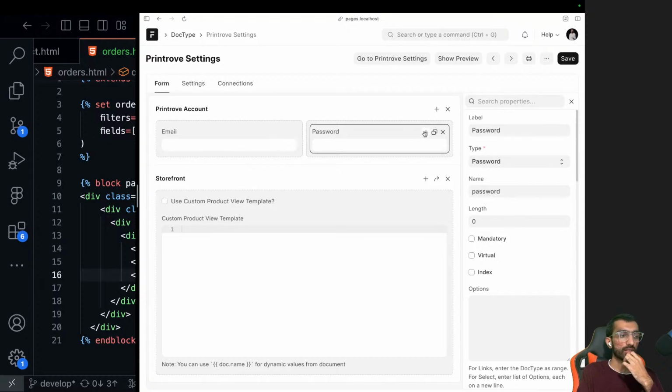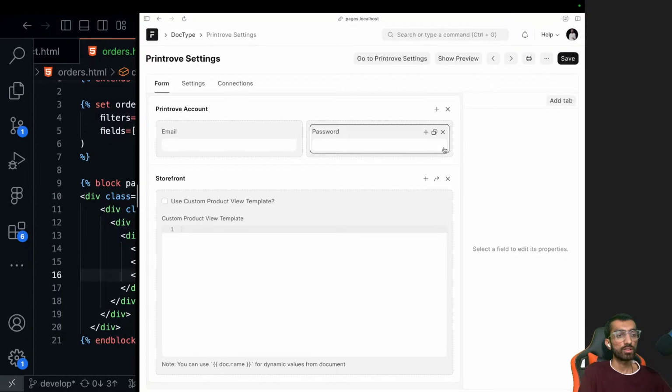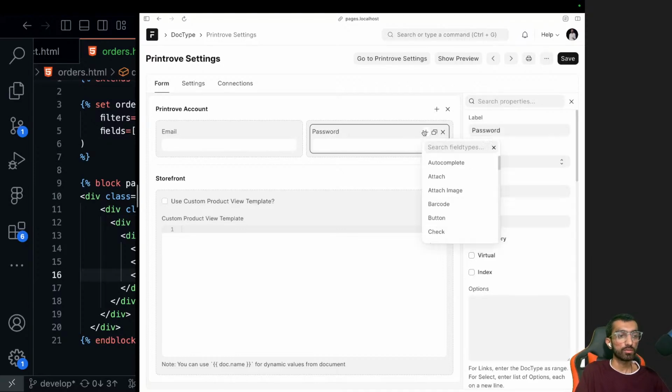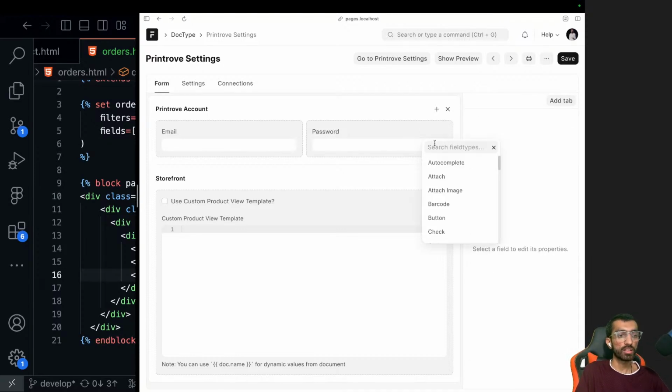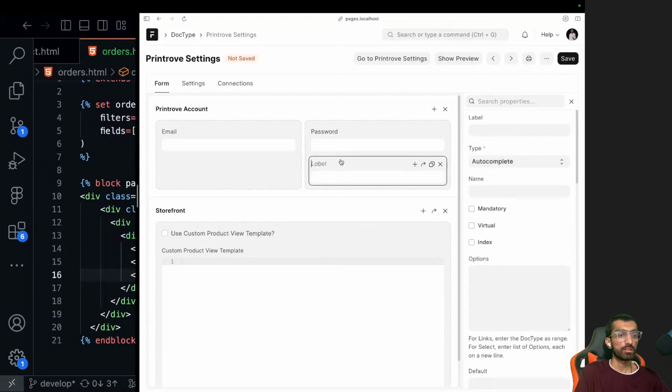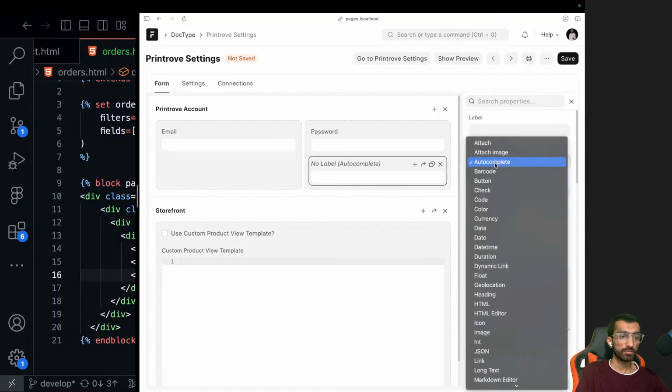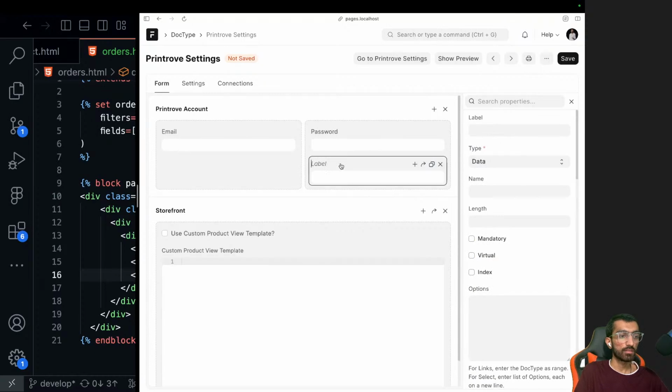So let's add a new. I want to add a new. Okay, I'm clicking on it and it goes away. Yeah, works now. So what type of field will it be? It will be data with URL. Okay, it selected autocomplete. Might be a bug you want to check, but yeah, data, and then I will